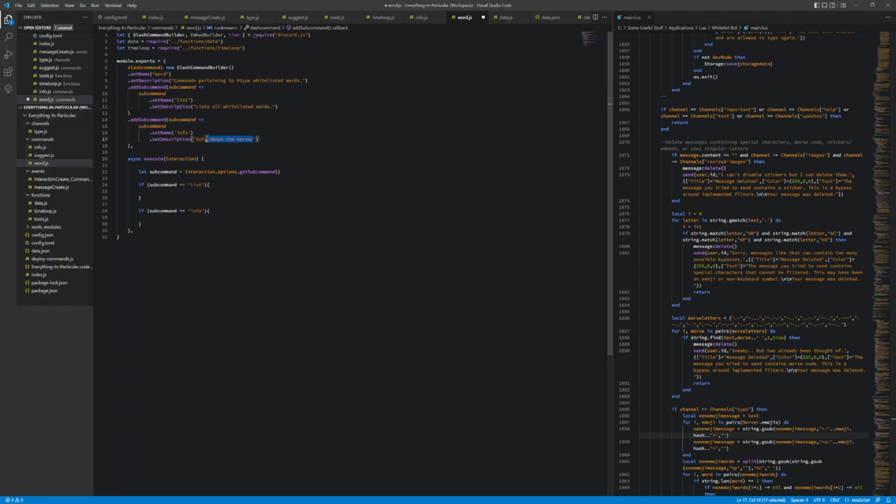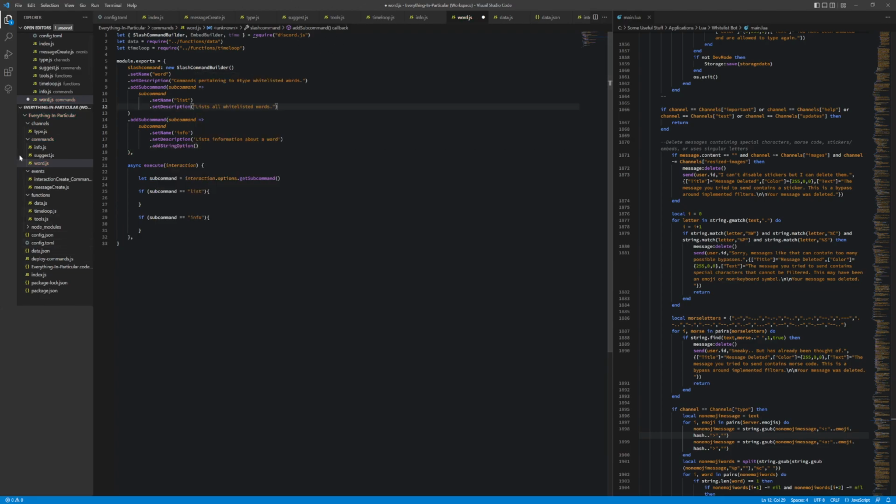Info command will list information about a word. So I guess this list command doesn't actually need any extra options, but this one needs a string option for it,